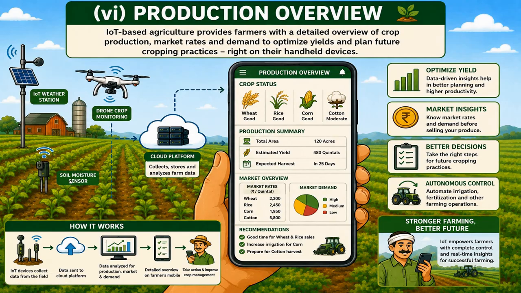So this process, like how it works here: IoT devices will collect the data, then the cloud analyzes it and a detailed report is generated and the farmer takes the appropriate action. So agricultural IoT provides farmers with real-time information, better crop management, higher productivity, improved profits and greater control over their farm operations. So in conclusion, we can say that